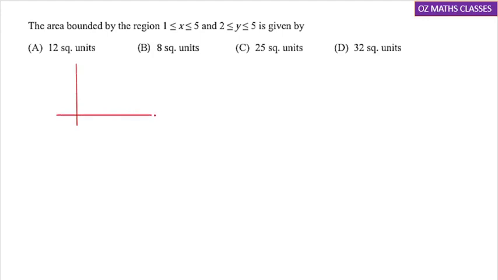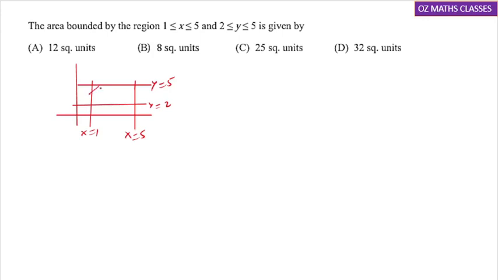The lines are the y-axis, the x-axis, and x equal to 1 to 5, or y equal to 2 to 5. So y equal to 2 to y equal to 5. Once you draw these inequations, it will be